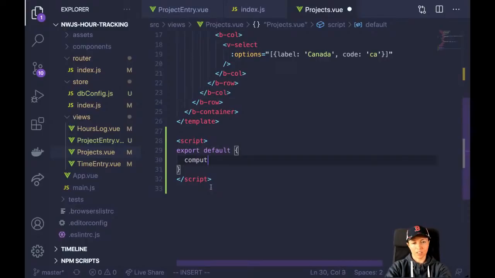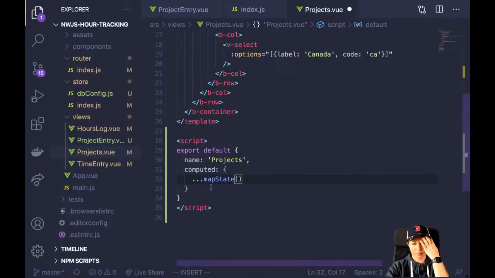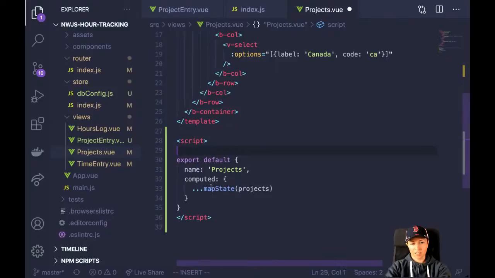I need computed here. Actually, I should have a name for the component. That would be the best thing. So it'll line up with Vue router called projects, and now I'll do computed. And here is where I'm going to map state, which will be projects. Okay. And I need to import map state. So import map state from Vuex, and